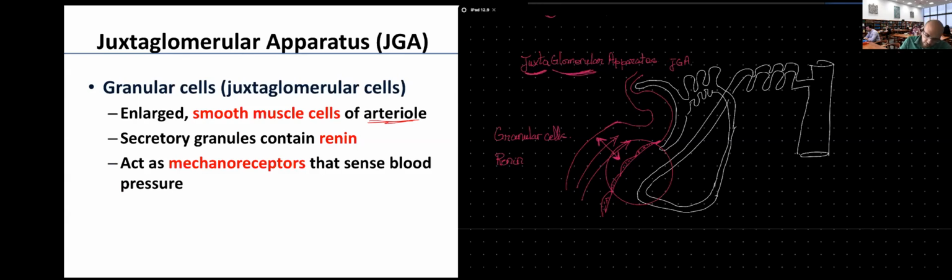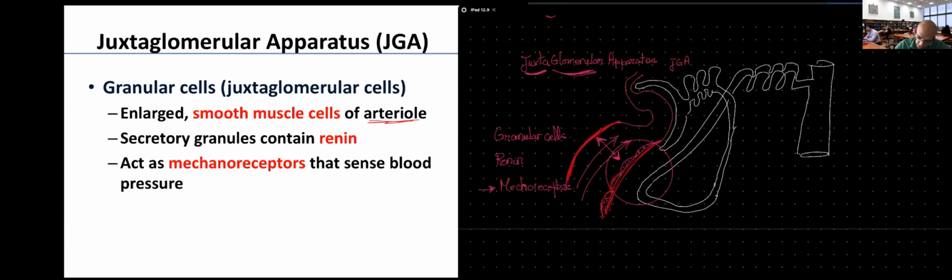Here, they are what we call mechanoreceptors. What do we mean by mechanoreceptors? Those are receptors detecting mechanical change. And here we mean by the mechanical change, the degree of stretch applied to the wall of the vessel. So again, the very first type of cells that will share in the formation of the juxtaglomerular apparatus, which is going to be responsible for the regulation of the blood pressure,